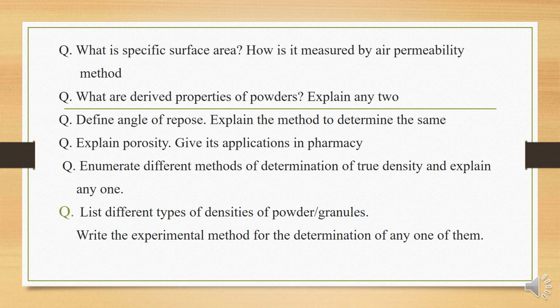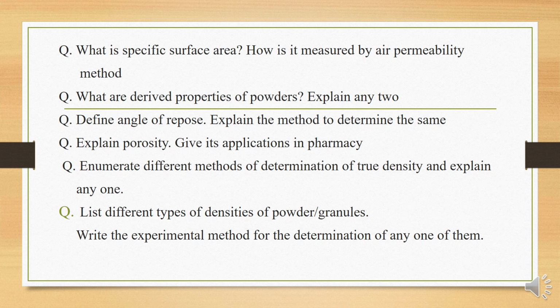Then another density term is granule density. Granule density means granule weight divided by granule volume, and we can determine the volume of the granules with the help of the mercury displacement method. Mercury is suitable because it can fill the voids but fails to penetrate the internal core of the particle, based on its high contact angle of about 140 degrees. It has a non-wetting property.